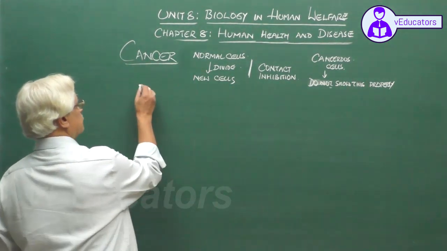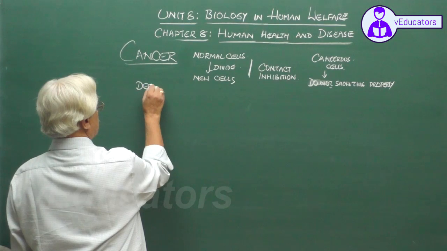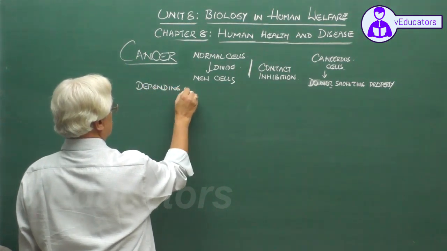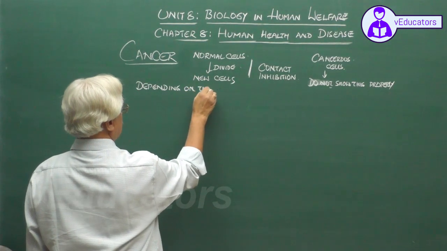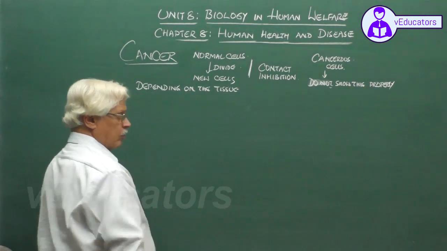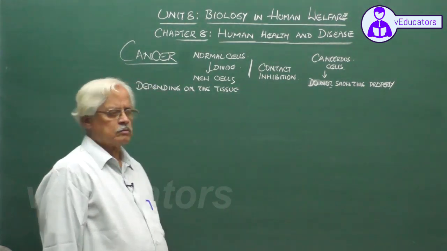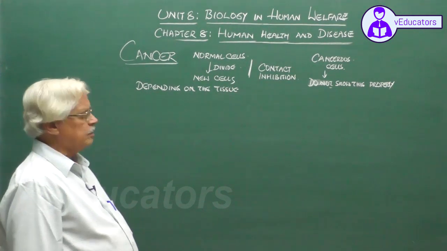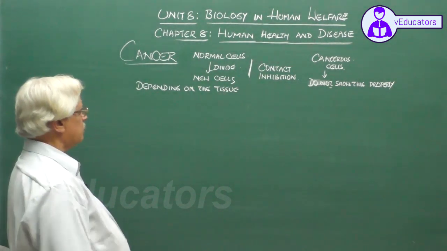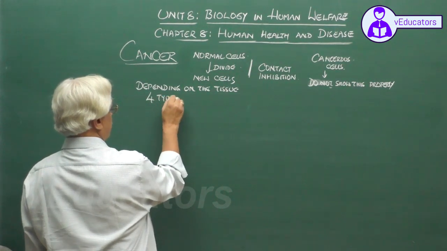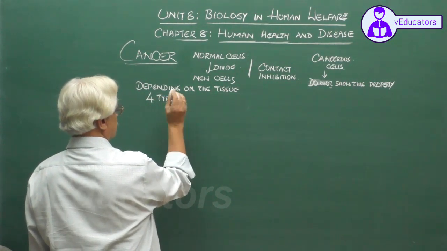Depending on the tissue where this uncontrolled cell division is going on and malignant tumors are being formed, 4 types of cancer are recognized,